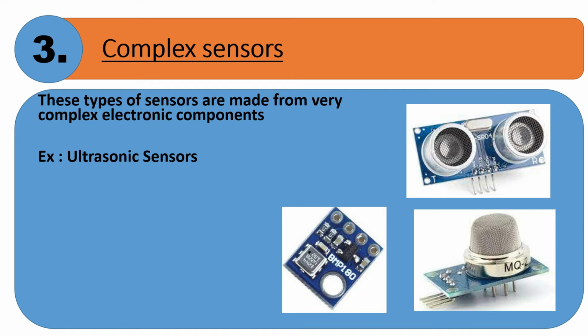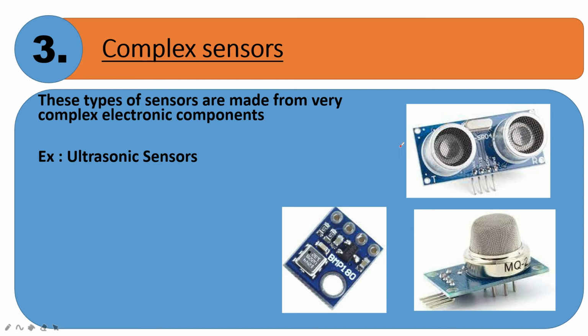So basically if you want to use this BMP sensor, this is actually the BMP180, it is a barometric sensor, and for using this barometric sensor you must have a library for it, and you also must know how to use that library. So sometimes these types of sensors become complex to use for beginners, but don't worry, we will also talk about this and how to download libraries and how to use them, etc.